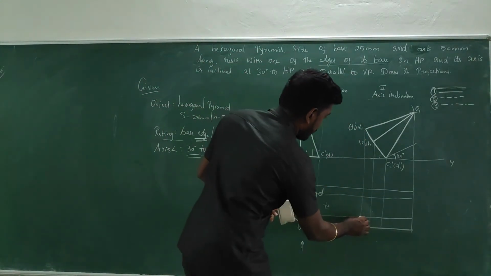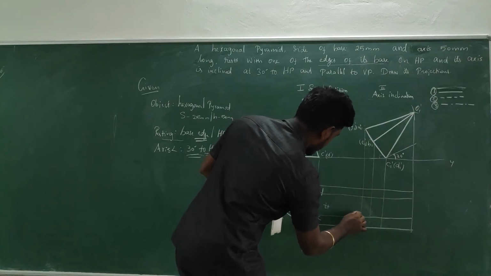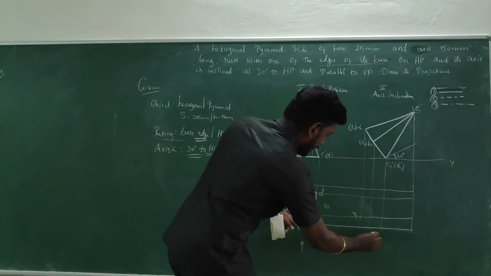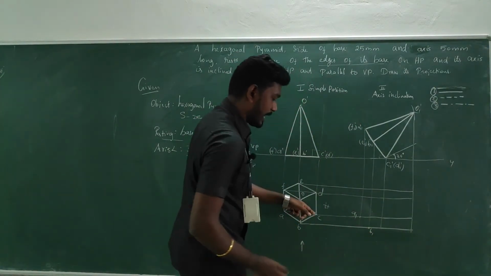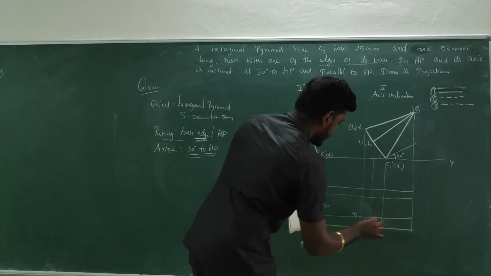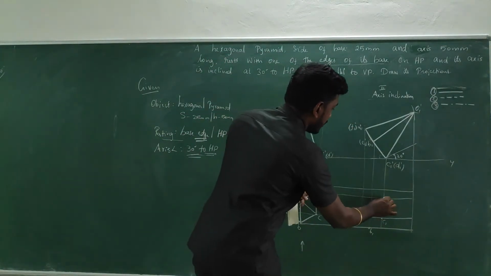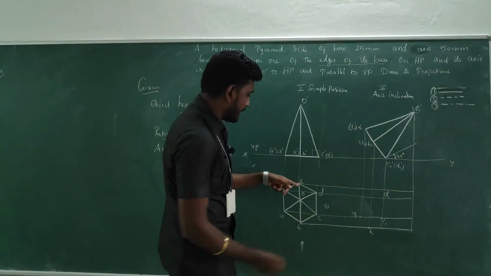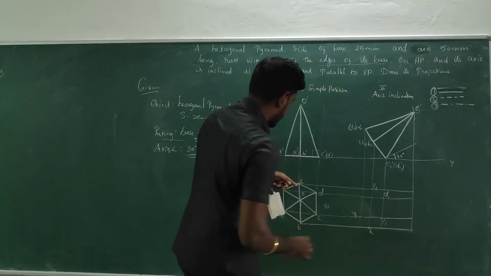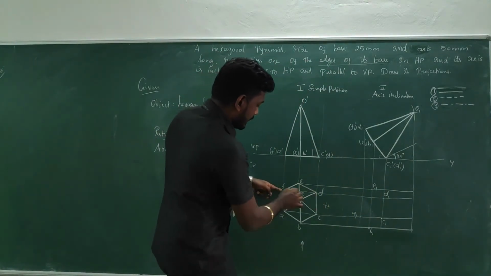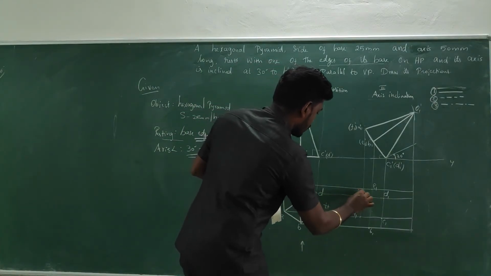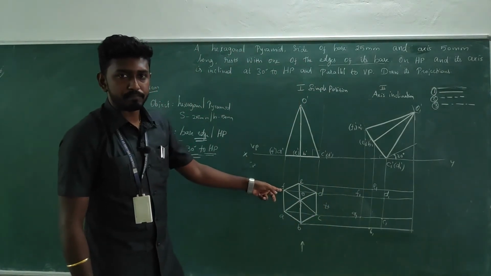So here is the A, and here is the A, so this would become A1. Here is the B1, and here is the C1. If you look at the intersection point, here is the D1 and here is the E1. Check whether it is right, and here it is F, so this would be F1.